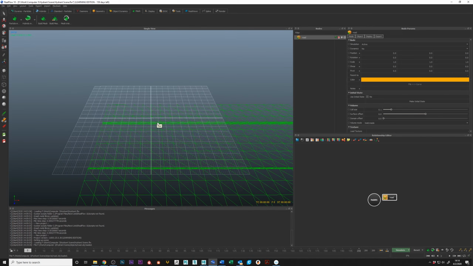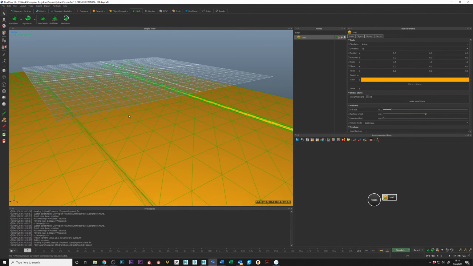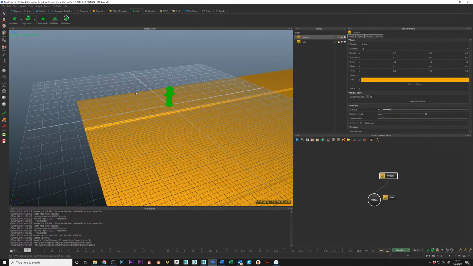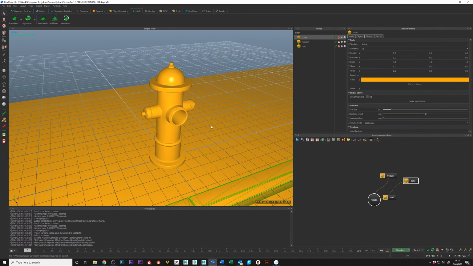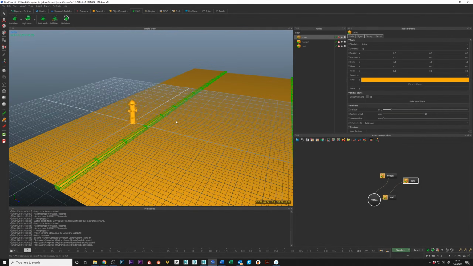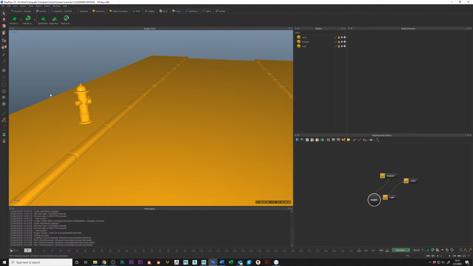I'm going to hit 0 to smooth shade everything. Okay, and then let's go again. Import object, and we'll do the hydrant. And that'll pop up over there. Okay, and then import object, and we'll do the curbs. Okay, so that is one way. I'm going to hit G just to hide that grid for a minute here. Everything's triangulated. You won't get an error. If you did not triangulate the meshes, RealFlow would tell you that it can't import those objects because it needs